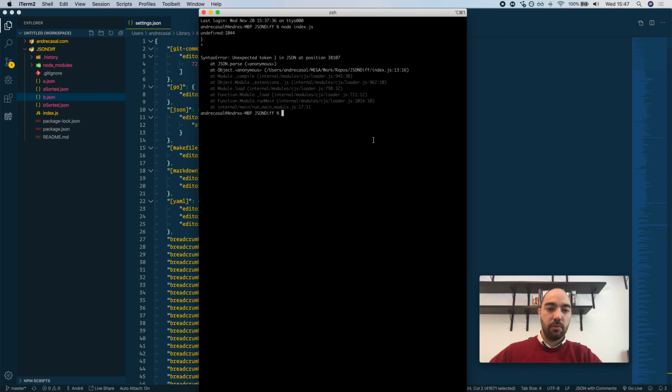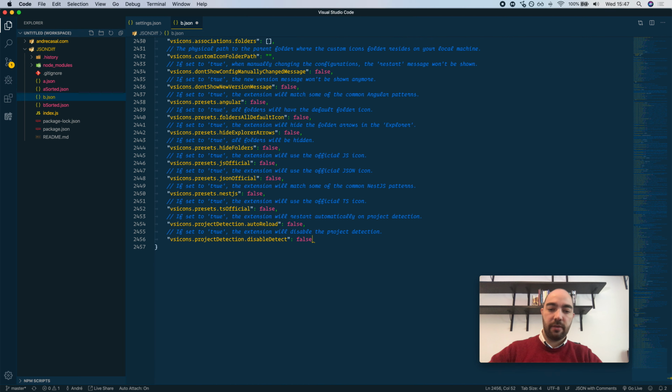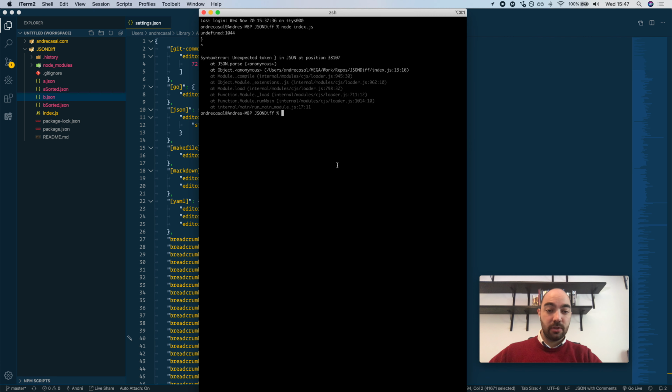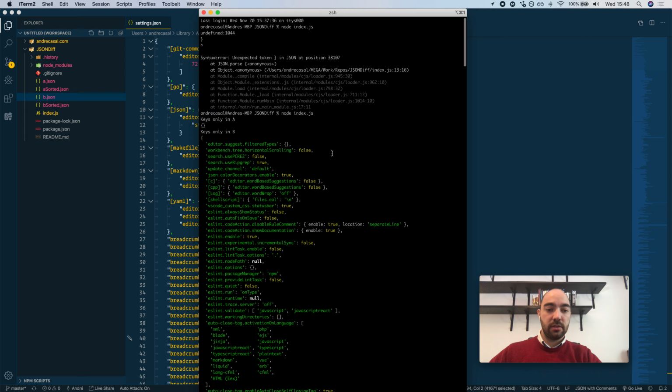And I do need to remove, I think it's here, the trailing comma. This is a problem I still have here that I haven't solved. Sorry about that. So let's run that again. And now you have two types of things in the console. Keys only in A. So A was our settings.json file. So keys only in A means settings that you have in your settings.json file that are not in your default settings.json file,